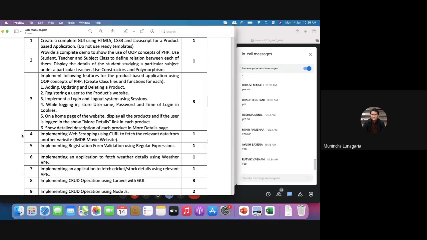Experiment number 4, which is based on advanced PHP concepts. You need to implement web scraping using cURL. Don't worry, that is a single page experiment, and I will teach you first. After that, you need to implement it. So, implementing web scraping using cURL to fetch the relevant data